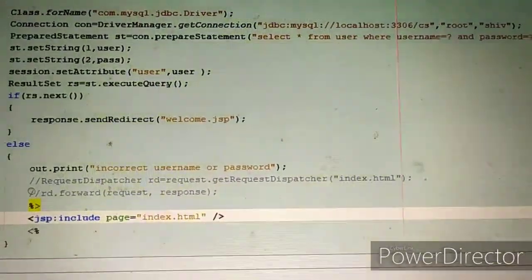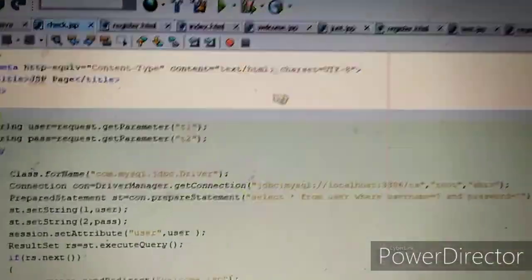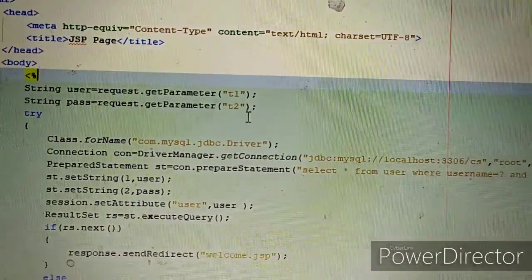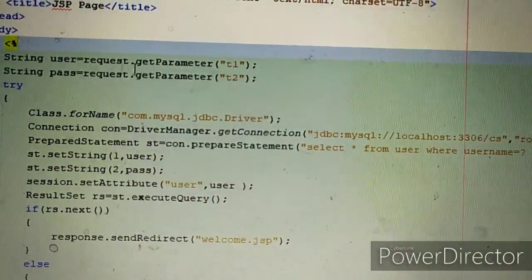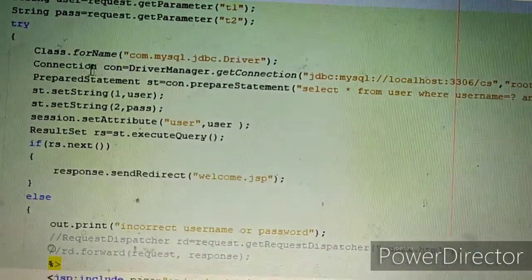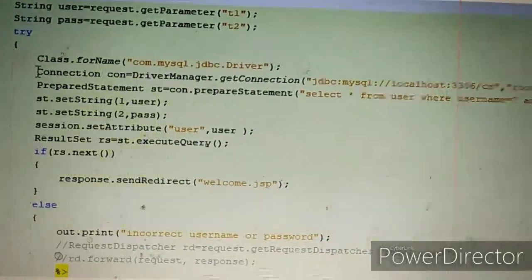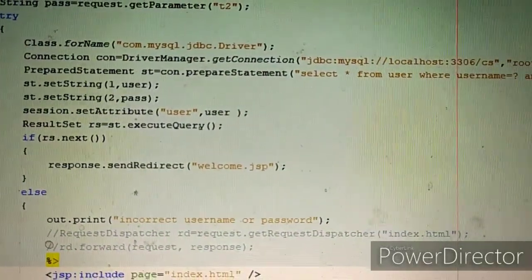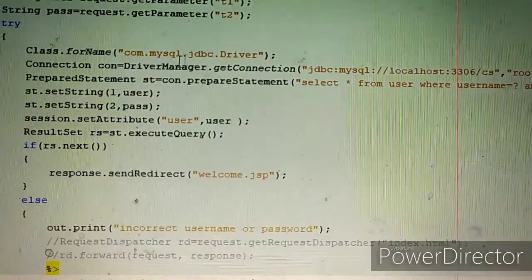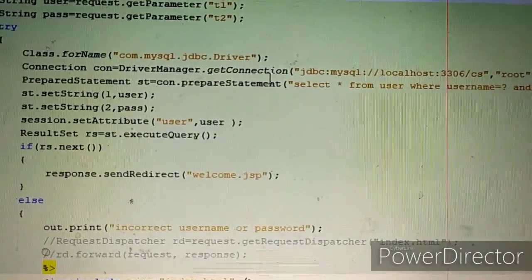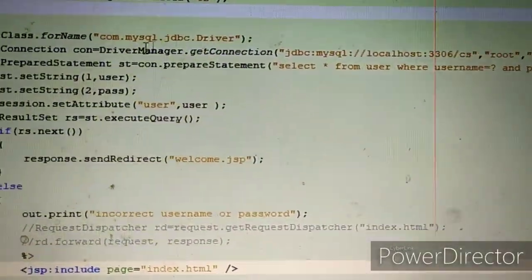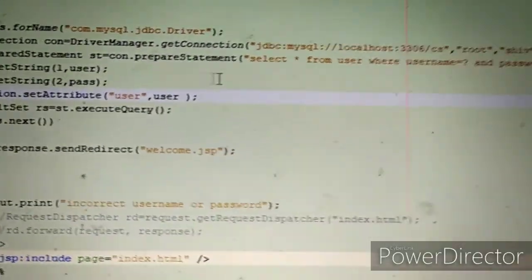Instead, we will redirect the user to the login page, that is index.html. So again, we first read the values of username and password using request.getParameter. Then, same as before, we load the MySQL driver, establish the connection with this database CS, and create a prepared statement.